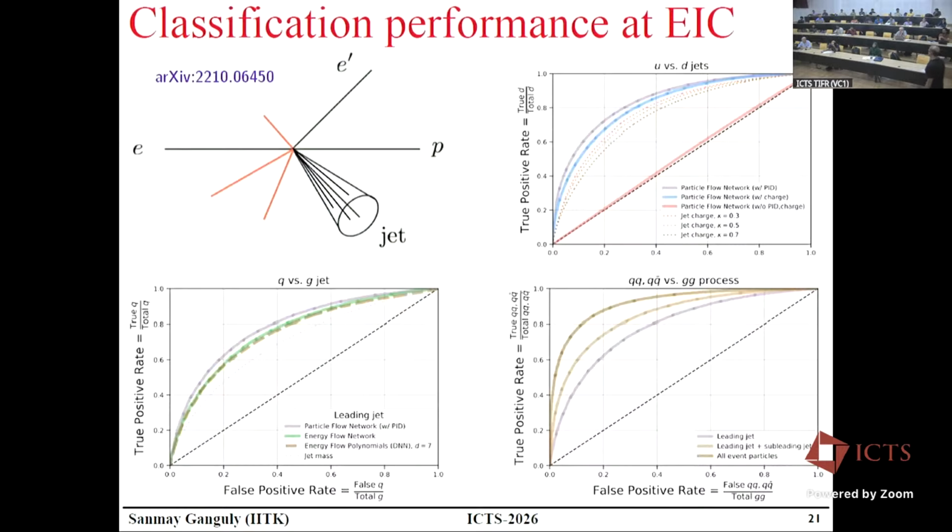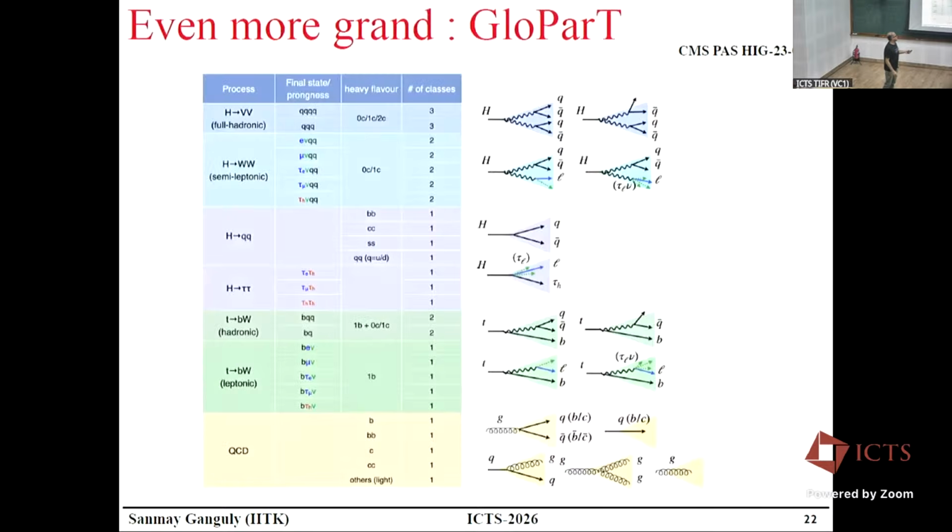People have also studied similar architectures, and what their performance will be at the EIC. AI for EIC is quite a big forum. You should go to their webpage and see what kind of machine learning they're trying to do. They're trying to do similar kinds of stuff, where they did flavor classification for light parton jets, etc. But the whole takeaway message is that once you know you can solve a downstream task, it works whether it's a pp collision versus a heavy ion collision and things like that. You just have to retrain your architectures.